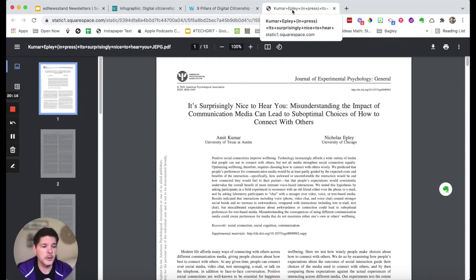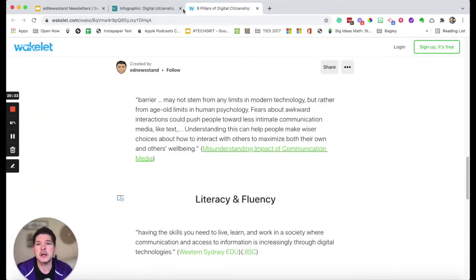Fears about awkward interactions can push people toward less intimate communication media like text. Understanding this can help people make wiser choices about how to interact with others to maximize both their own and others' well-being." So this is very important because I think in our world and our technology that we have going on,